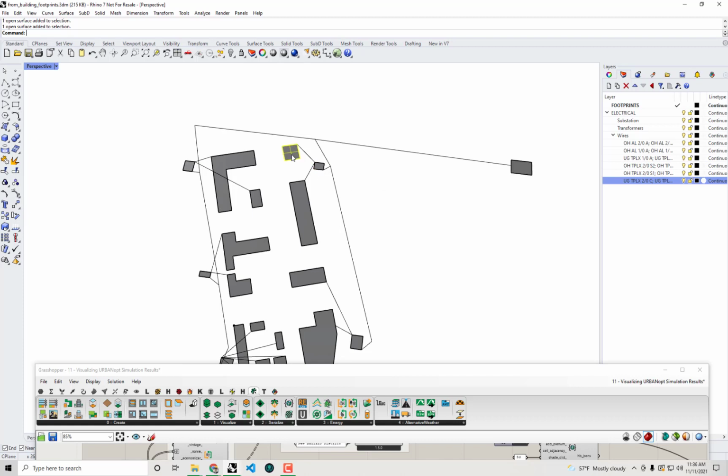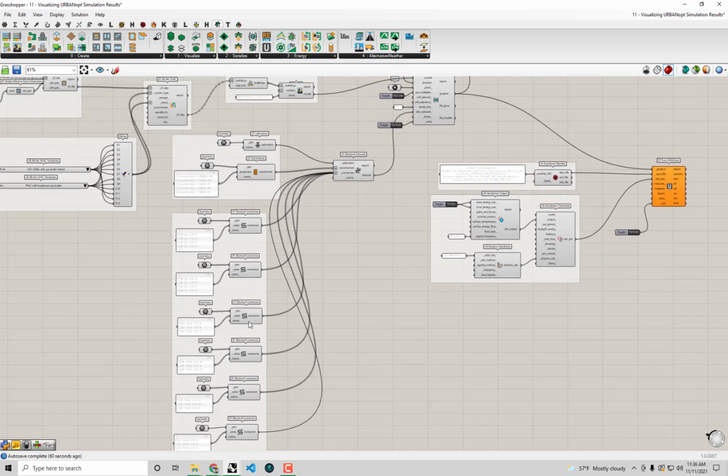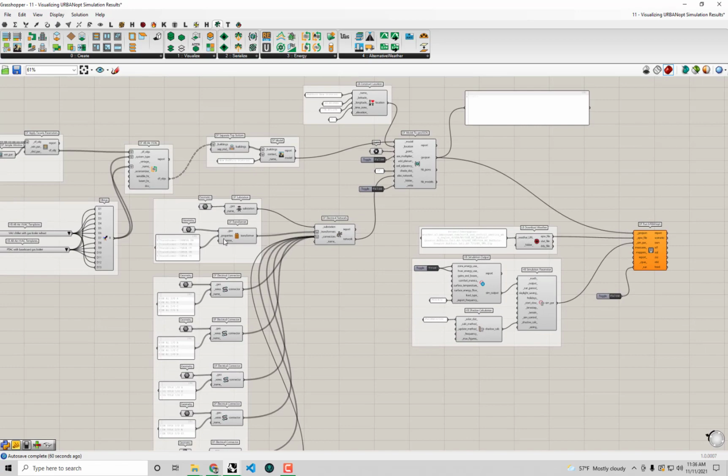So as long as your connectors are touching that polygon, basically that outline of one of those shapes, the Dragonfly plugin is smart enough to sense that those are actually touching each other and ensure that they're all connected up when you send it off to OpenDSS for simulation. So, all right, now that I know my electrical network's all set up the way that I want it,